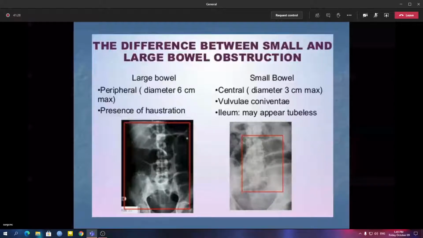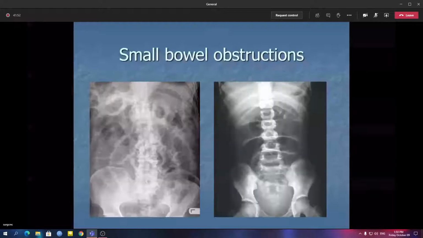Okay. So in small bowel obstructions, the dilated bowel loops are generally placed more centrally, first of all. Whereas in large bowel obstructions, the dilated bowel loops are more peripheral. Shall we get back to that original picture? The valvulae conniventes is a typical feature of small bowel obstruction, particularly jejunal obstructions. The jejunum has this peculiar character when dilated. You can see the small mucosal folds, more centrally placed.